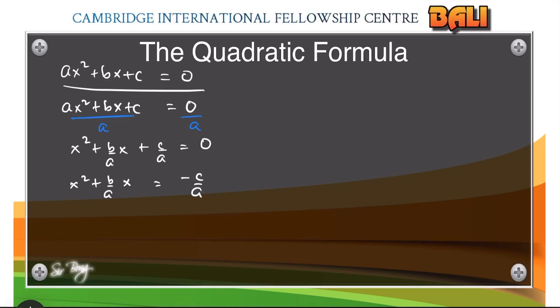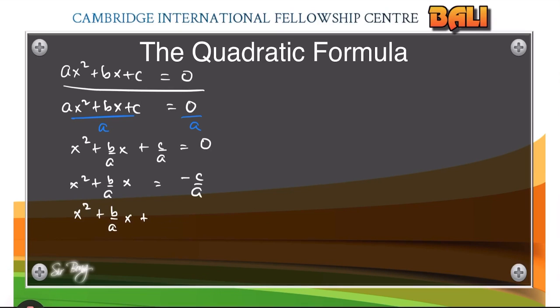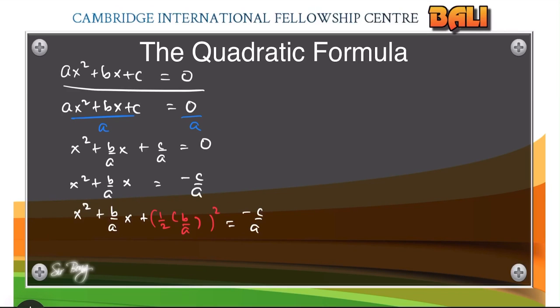I'm going to complete the left side of the equation and make it a perfect square trinomial. So this is x squared plus b over a x plus 1 half of b over a, and then you square this one. I'll use another color. So plus 1 half of b over a, and then you square this one, which is just equal to minus c over a, of course,